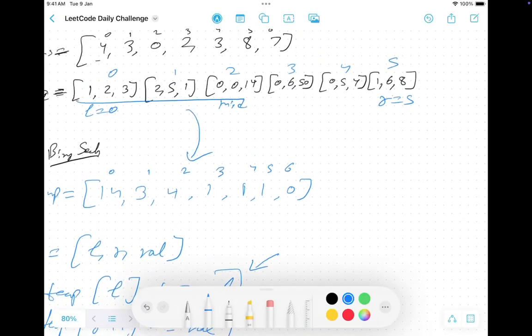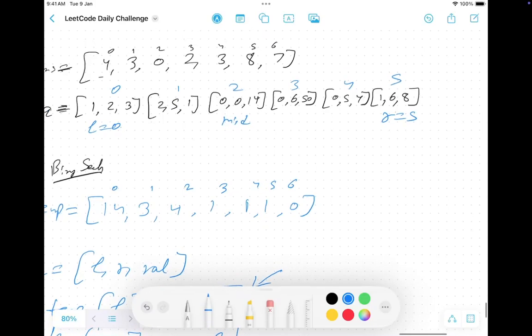Let's verify. From index 1 to 2, I have to add 3. So 3 is added. From 2 to 5, I need to add ones. From 0 to 0 I need to add 14. Yes, it is equal. Then we need to figure out, is this value greater than this